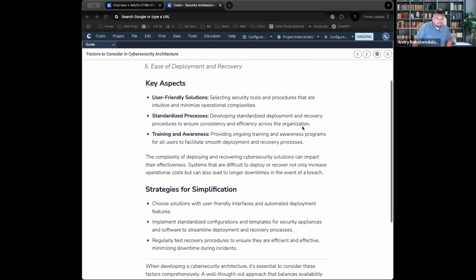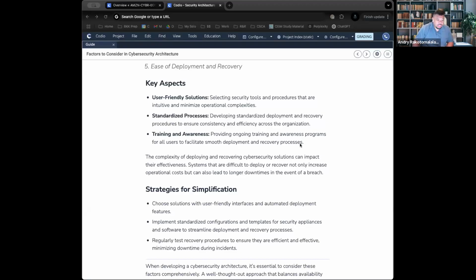So, what are some things that are important when it comes to ease of deployment? Well, the first one is making sure that you have user-friendly solutions. What does that mean? That means you have tools that are easy for the staff to learn, so you don't have to train them as much. It needs to be intuitive. It needs to make sense. This is where the UI, the user interface, that's just the screen you're looking at, being able to click buttons and do XYZ. That's why it's really important that it's user-friendly, simple to use.